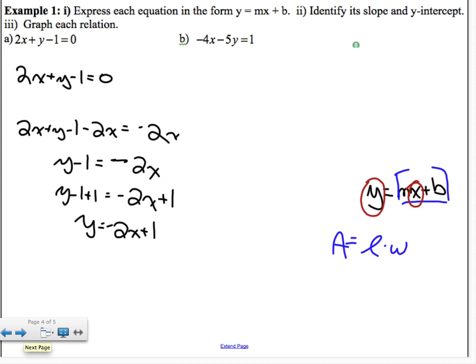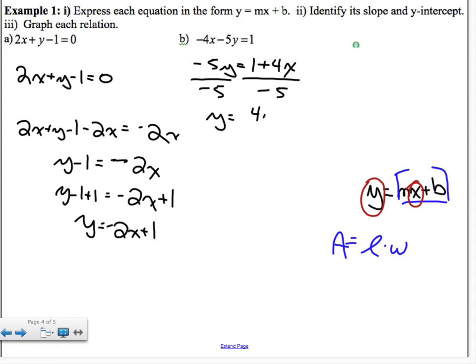So second one, how can we do 2b or 1b? You can add 4x to the other side. Okay, so first step, we're going to add 4x to both sides. So we get minus 5y is equal to 1 plus 4x. Okay, done? We got y's on one side. Then we divide by negative 5. So we need to divide the whole thing by negative 5 on the other side. So we get y is equal to,